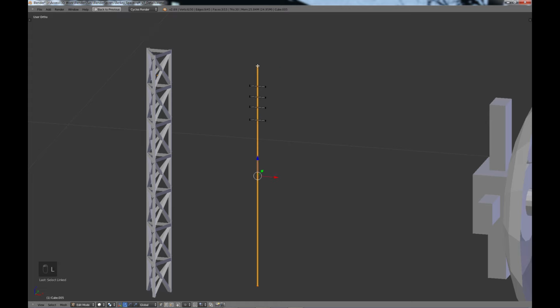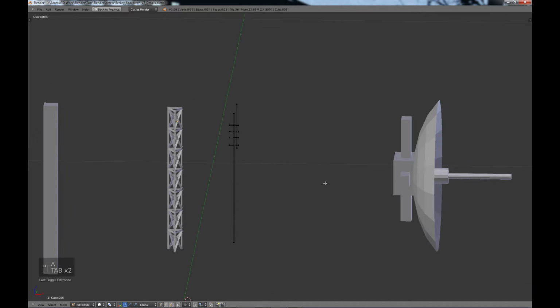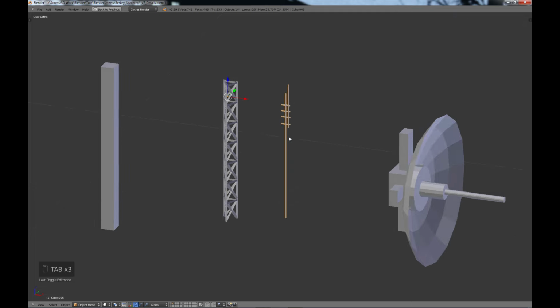I'll select this one, Shift D to duplicate, move it along here, SZ to scale along the Z. Okay, not very impressive by itself, but this will be some of the small antenna pieces that are sticking out